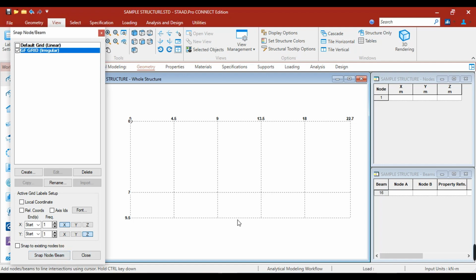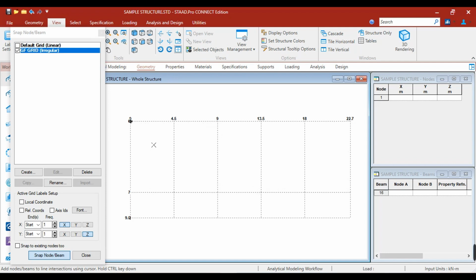If we click this, as you can see, we cannot snap at any point at the grid line. If I place my cursor here, I cannot snap anything. But if I click the snap node or beam button, once I place my cursor, I now have the snap at different nodes.